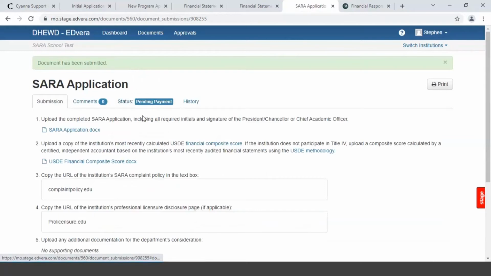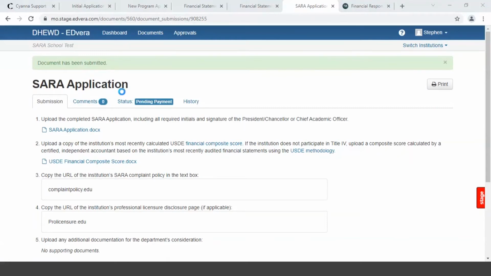So we're also super excited to announce, I may be premature, but I'm going to announce it anyway. Missouri is moving into not the 21st century, but the 20th century. And we're going to have electronic payment portals for our institutions to start using for SARA and for other EdVera purposes. They haven't officially announced it, so I don't want to throw that link up there, but it is in the user manual when you get it. Brandy's happy! Poor Brandy, she's got 4 institutions to wrangle, so I know she's happy about it.